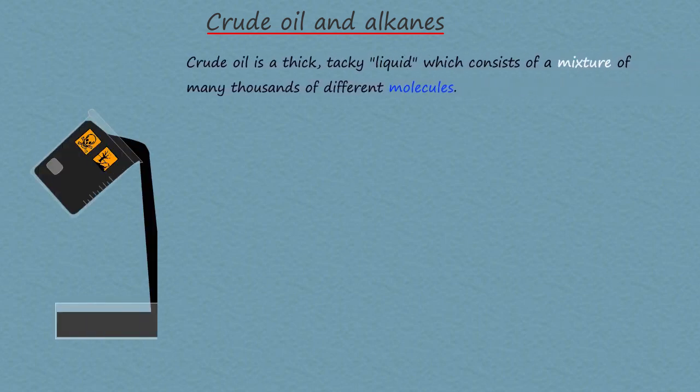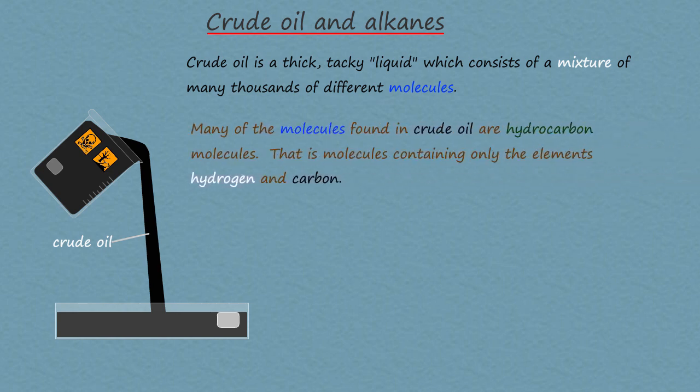Crude oil, in its raw state out of the ground, is a black, thick, viscous liquid which consists of a mixture of thousands of different compounds. Many of the compounds found in crude oil are hydrocarbons, that is, molecules made up of only the elements hydrogen and carbon. Now, most of the hydrocarbons found in crude oil belong to an homologous series, a family of hydrocarbons